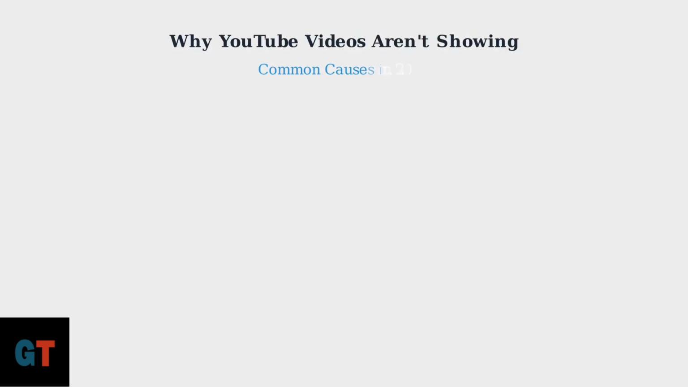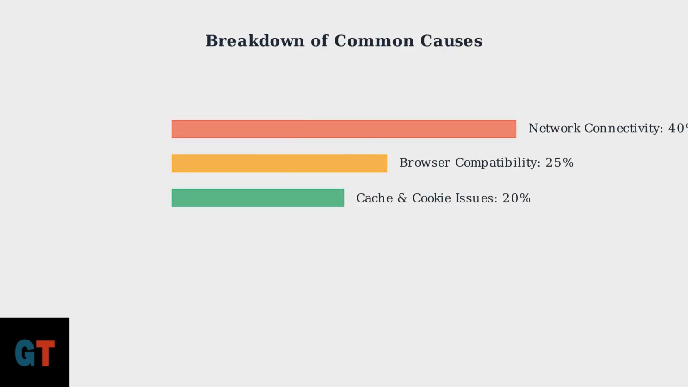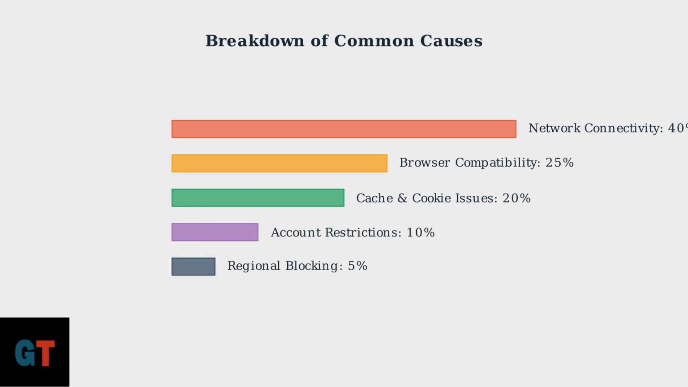YouTube videos not showing is a frustrating problem that affects millions of users. In 2025, this issue stems from several identifiable causes, each with different likelihood and solutions. Research shows that network connectivity problems account for 40% of all cases where YouTube videos fail to show. Browser compatibility issues make up 25%, while cache and cookie conflicts contribute 20%. Account restrictions or age verification issues account for 10% of cases, while regional blocking and content policies cause the remaining